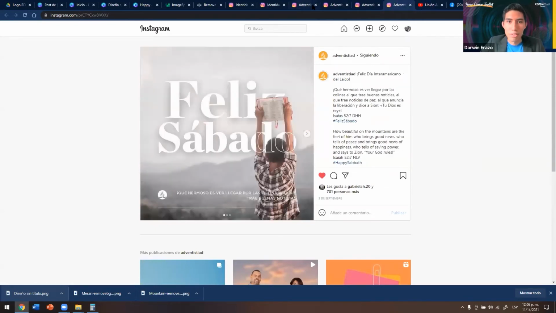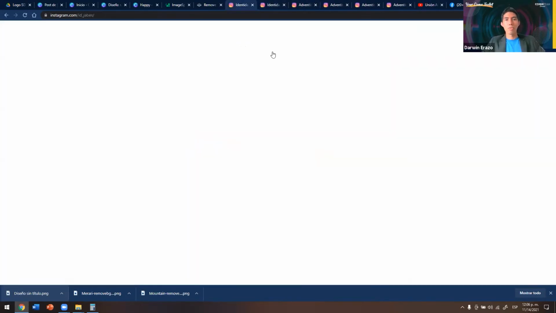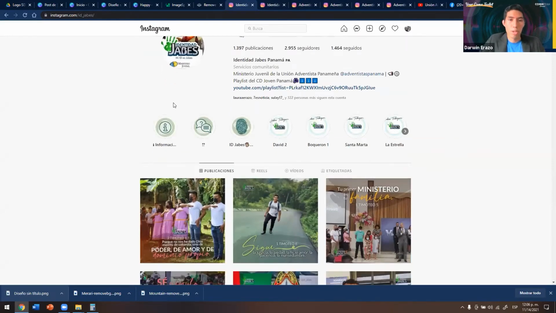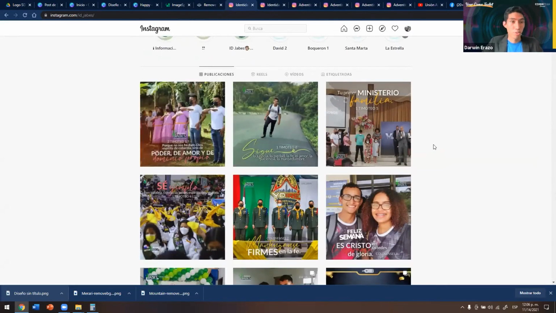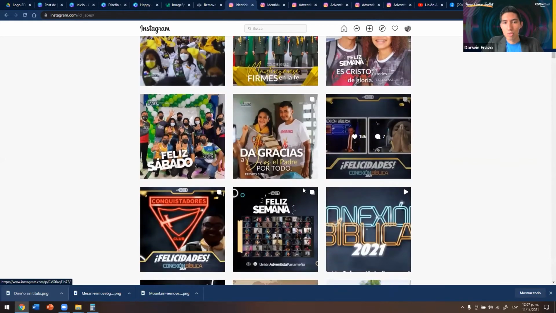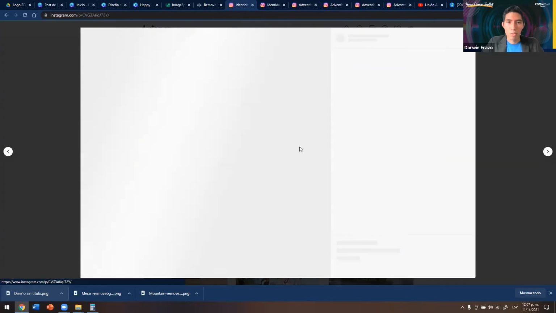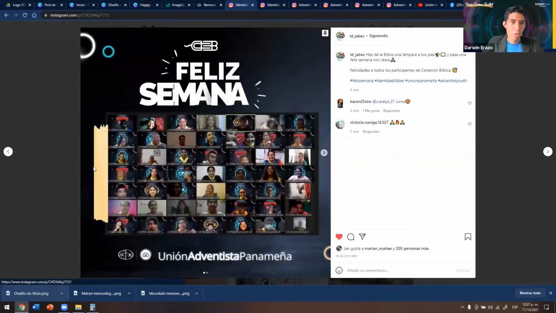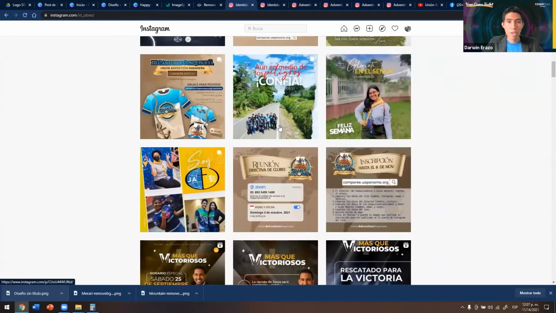So let's see some last thing. I want to show you an example of what we can do on Canva with a little patience, with more time. You can try to use different letter fonts, shadows, elements. Something that we like to do is to take a picture of the Zoom meeting and add it in the post and say happy week, happy Sabbath, something that we like to share photo of our youngs, because in that